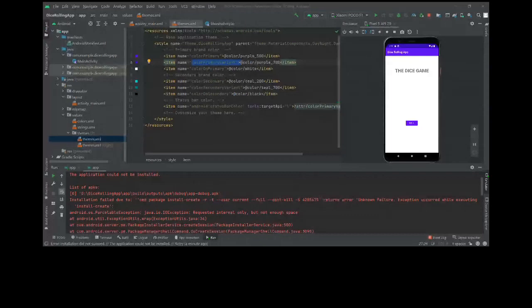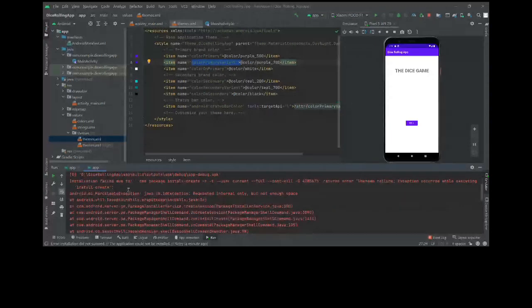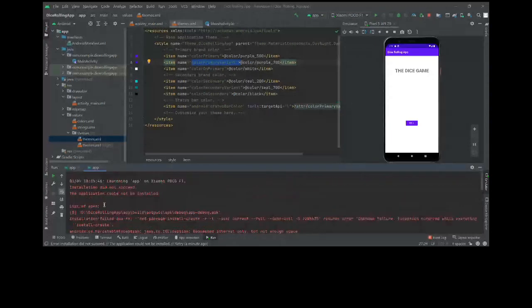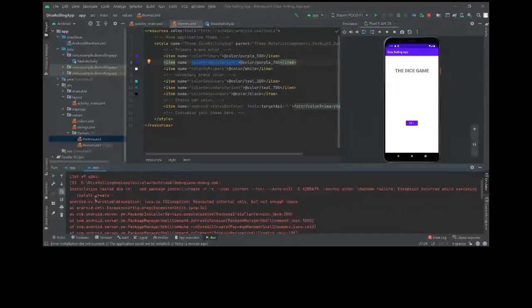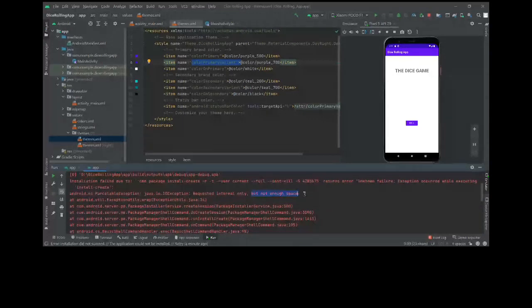Arnav, how to solve the issue for failed to install? Yeah, I also got the same issue, but my problem was, where is it written? Not enough space. So you just check if this is your problem or not, or if you find anything that is understandable.